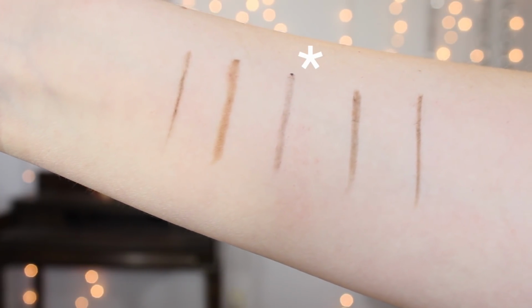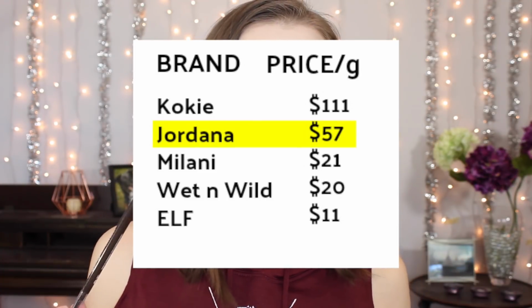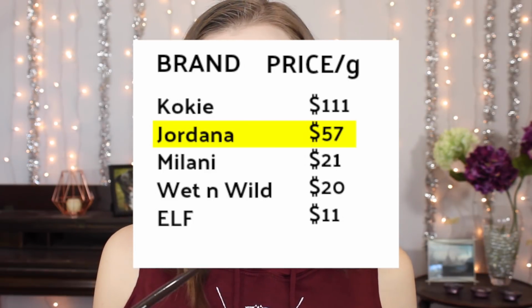It comes in 3 shades. I picked the middle shade, which is Natural Taupe, but it has the least amount of product of any of the brow pencils I'm talking about today, which makes it $57 a gram. Now that's not as expensive as the Kokie, but it's significantly more expensive than the others, and I don't like it. I like the shade of this, I like the spoolie, but the thing about this pencil is that it